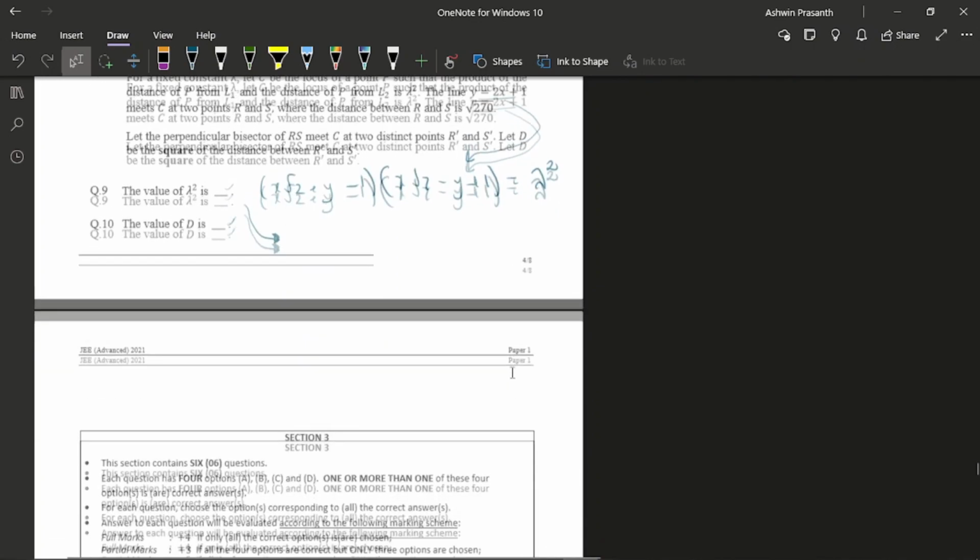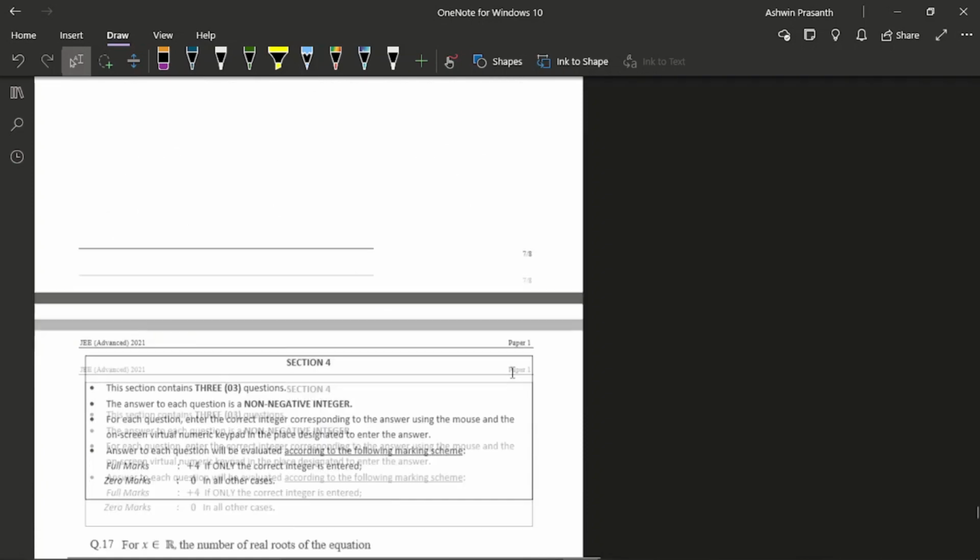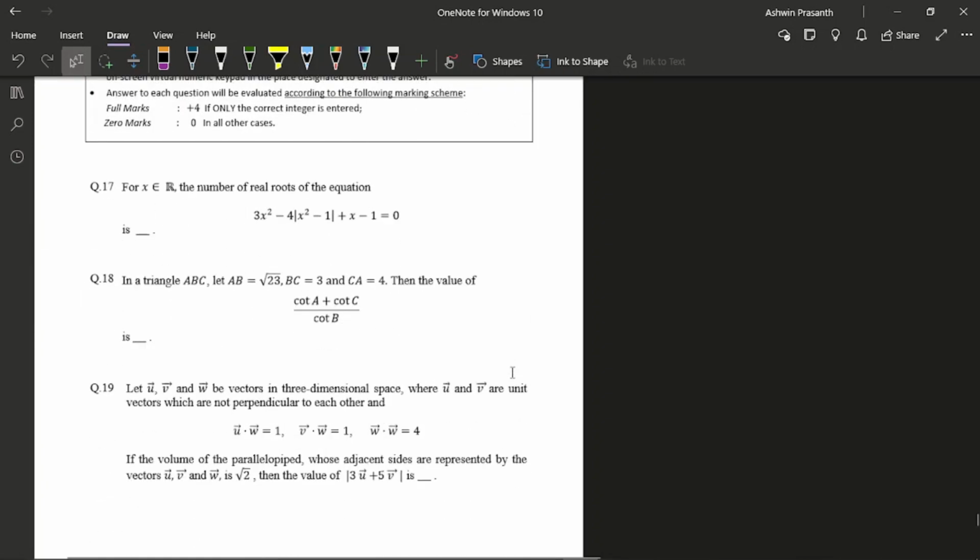So then I moved to section 4. Yeah, section 4. This was the first question actually. In this, I made some calculation mistake in the beginning, so it took some time, but finally I got it right. It was not that tough. And even this one wasn't tough. You just had to make sure that the final solution you get actually satisfies the mod. And I think all the solutions did satisfy, so that was it. And this question, I was very comfortable with vectors, so I was able to solve it easily. So that was the end of section 4.